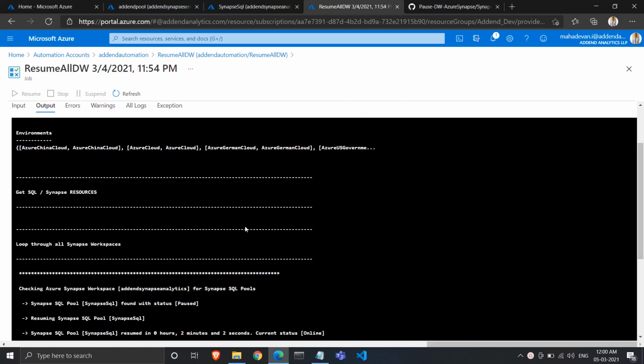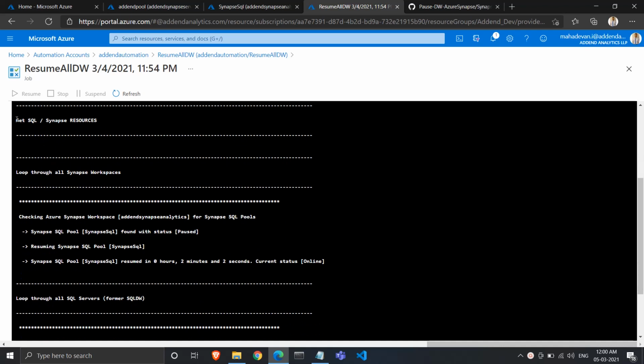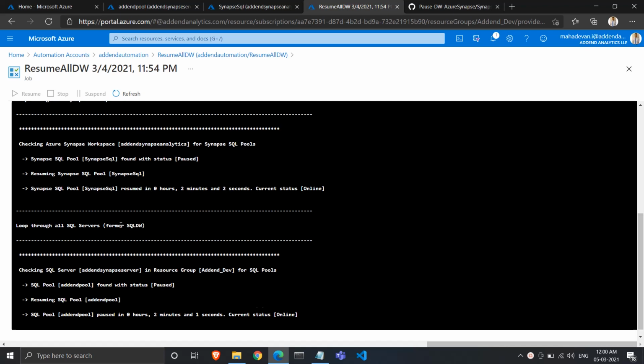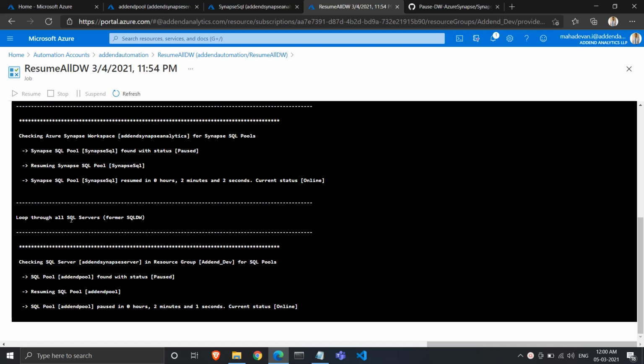So after running this script, we see that the script has parsed all the Synapse resources in our resource group and searched for any Synapse SQL pool. It has found one Synapse SQL pool with status paused. So it's resuming that Synapse SQL pool, and it has resumed it in 2 minutes. And the next step would be to resume the dedicated SQL pool.